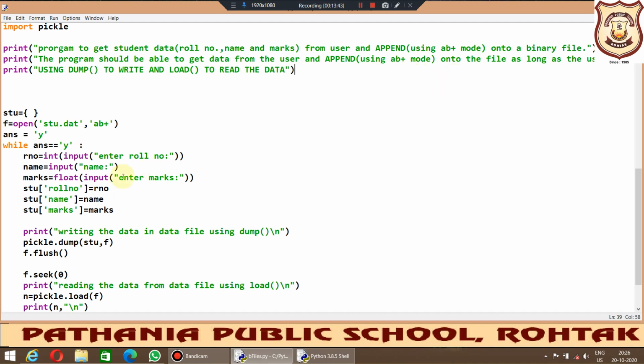Okay, so if we have written something and it is residing in the buffer area, we use this flush function to write that data in the file, so that we may get the updated version. This flush function has been discussed in the previous video. If you have not seen my previous video, please go through it to understand in a better way.